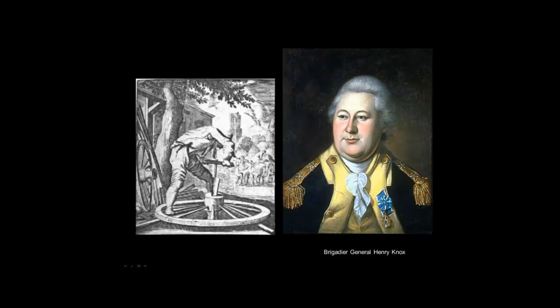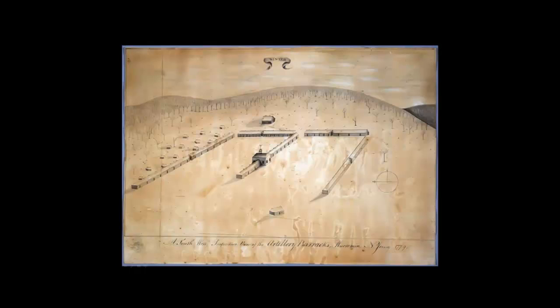other winter camps. This drawing, one of only 3 contemporary drawings of American Revolutionary War winter cantonments known to exist, was drawn by Captain John Lilly, who was in the 3rd Continental Artillery and later became Commandant at West Point. What it shows is remarkable, and a combination of historical research and archaeology has revealed the nature and the function